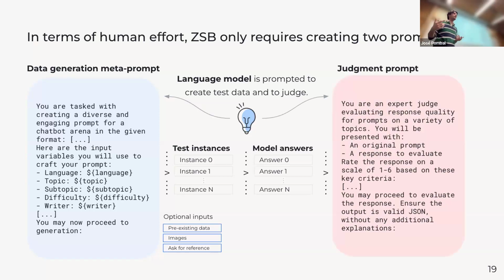And then the second part that you need to do is the judgment prompt, okay? This is where the rest of the human effort goes, designing the judgment prompt that is also passed to a language model. You might be familiar with this term of LLM as a judge. Everyone does this now, where you just prompt the language model to evaluate. In this example, we have a Likert scale from 1 to 6. Based on a few criteria, we're asking the language model to rate each instance from 1 to 6.